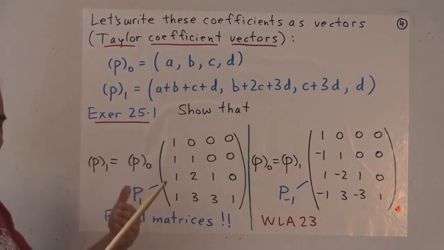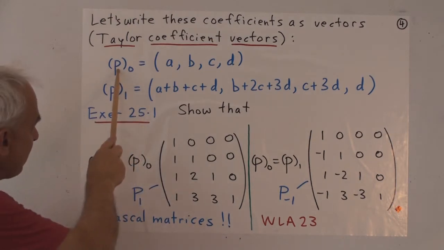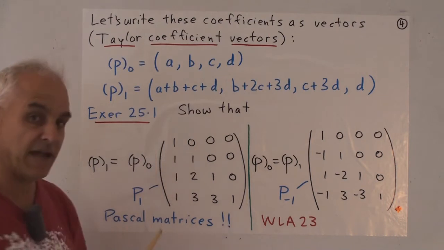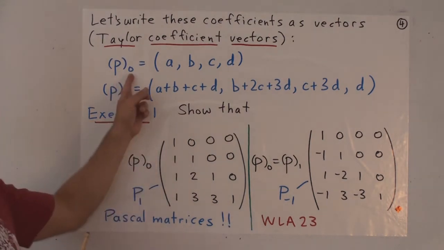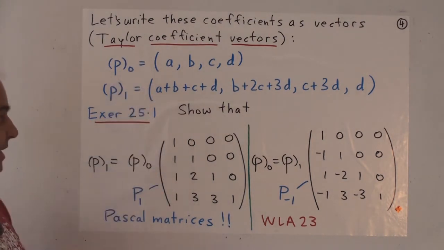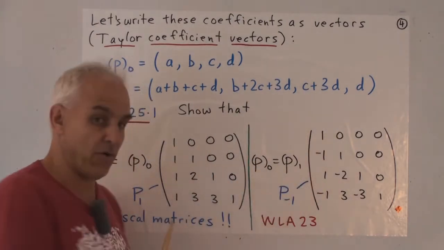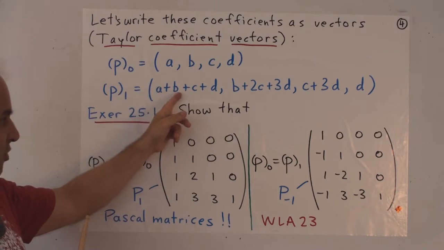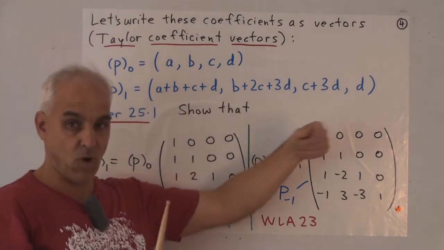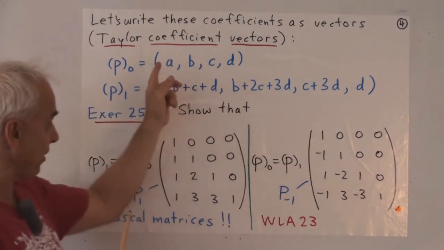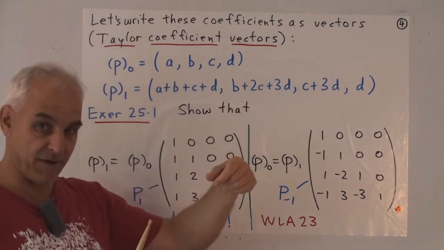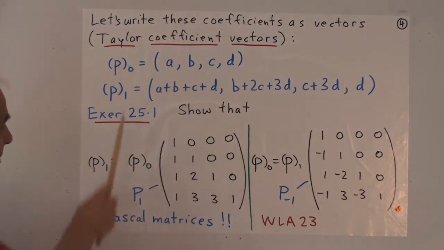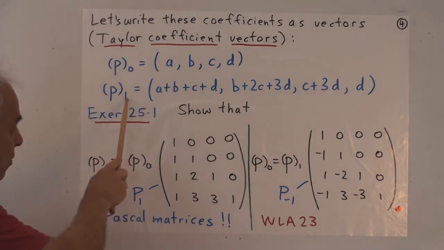So we're just going to rewrite the information and say that the polynomial p has this as the Taylor coefficient vector at the point 0, and it has this as the Taylor coefficient vector at the point 1. Here are just the coefficients of alpha minus 1 to various powers, and here are the various coefficients of alpha to various powers. And we'll distinguish those by putting a 0 here and a 1 here.